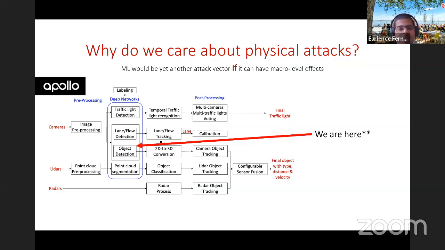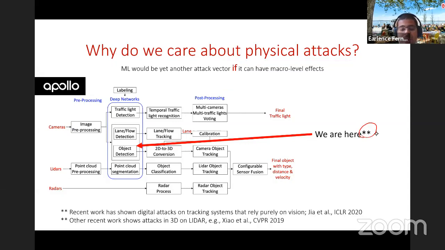In terms of physical level attacks, this is where we are. Now, of course, I again caveat this with double stars, because in recent times, there has been progress in understanding, if we had to take things some more steps further, what that might look like.